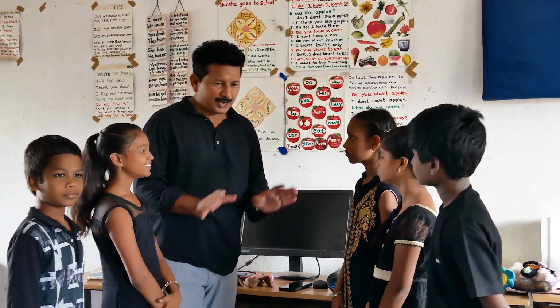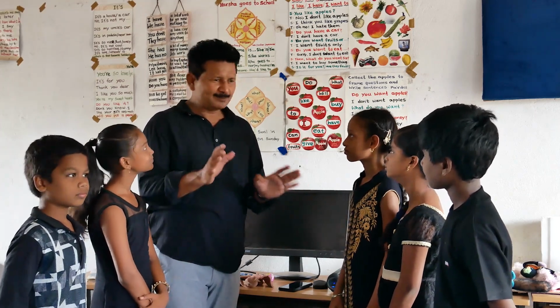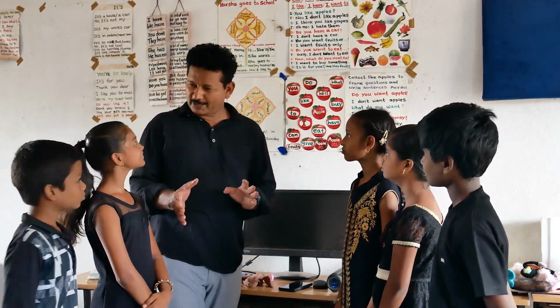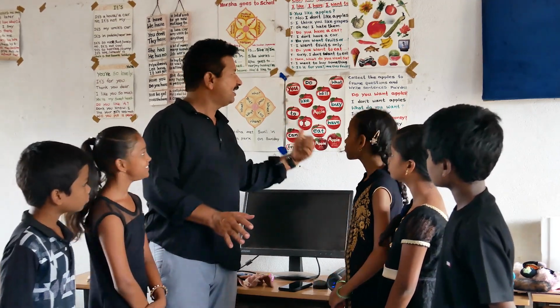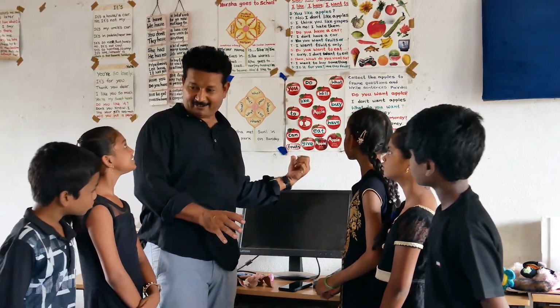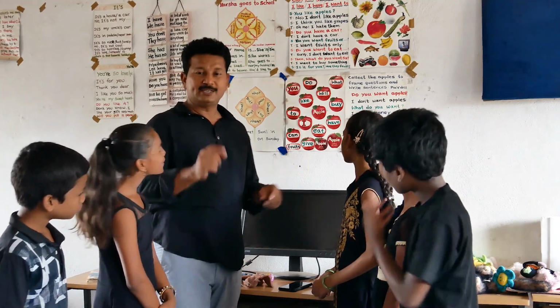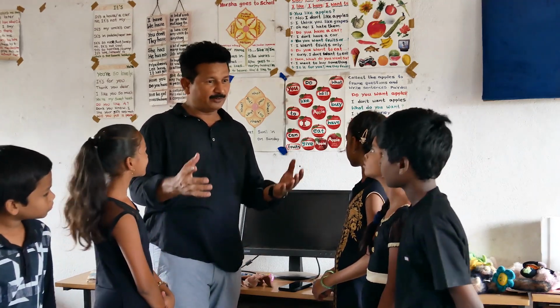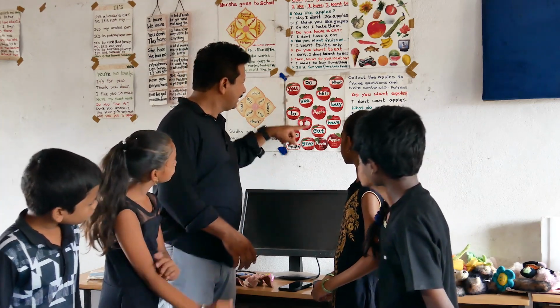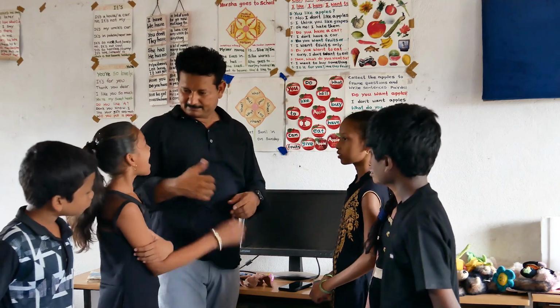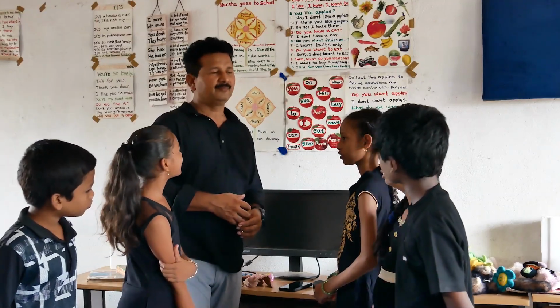Well, children, now we will play a small game. What you have to do is collect the apples and make sentences. Right? Here there are so many apples. Do you see here? Yes. And first I'll make one sentence and afterwards you can make other sentences. Well, I eat fruits. I will buy apple.